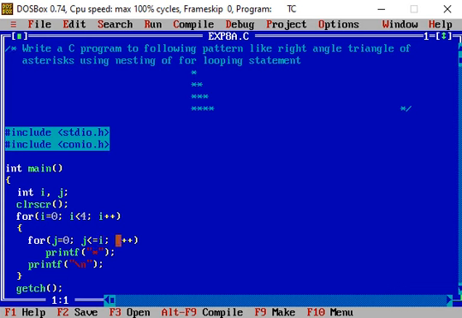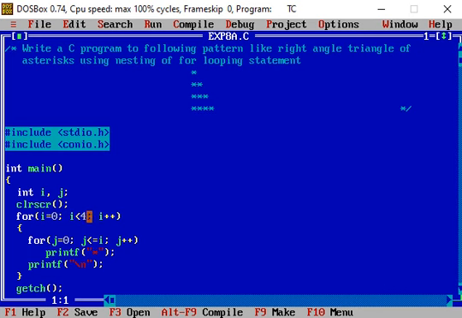So control comes out of the inner for loop, and the next printf statement brings the cursor from the right side of the fourth star in the fourth row to the beginning of the next row, and then the value of i is incremented. So this value now becomes 4.